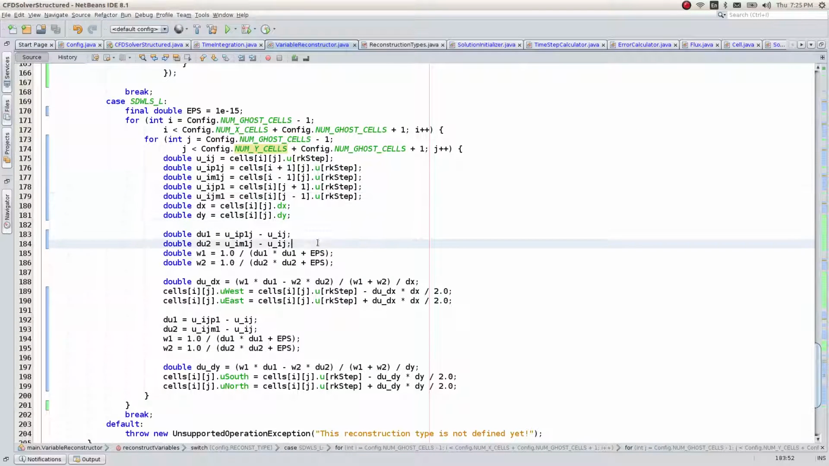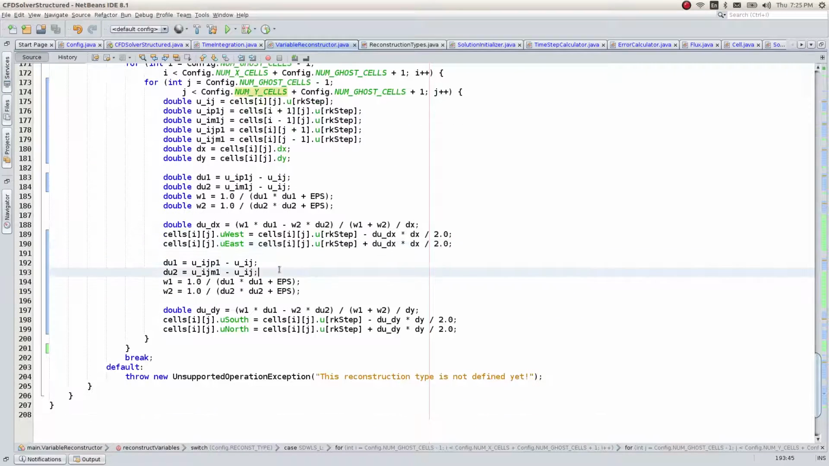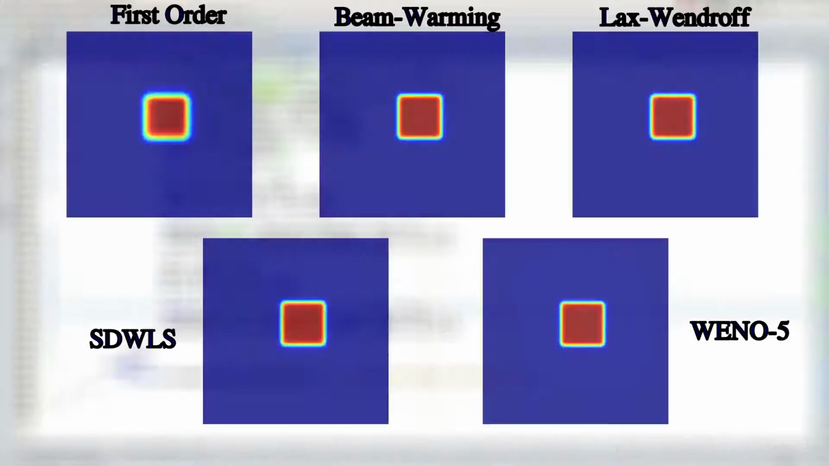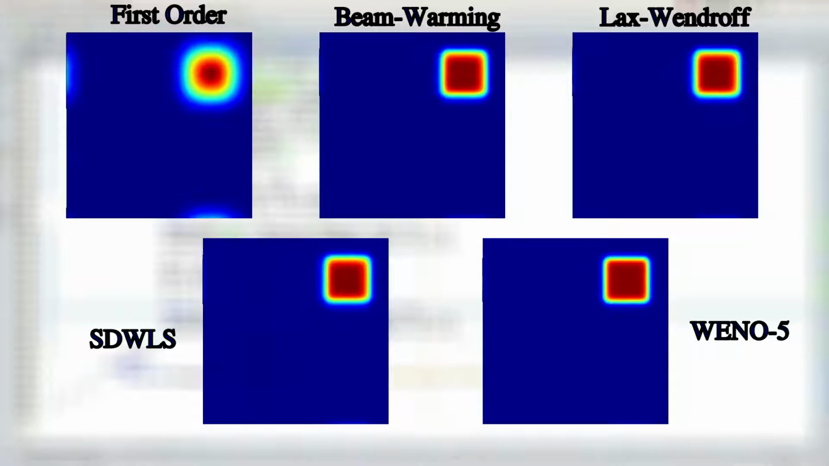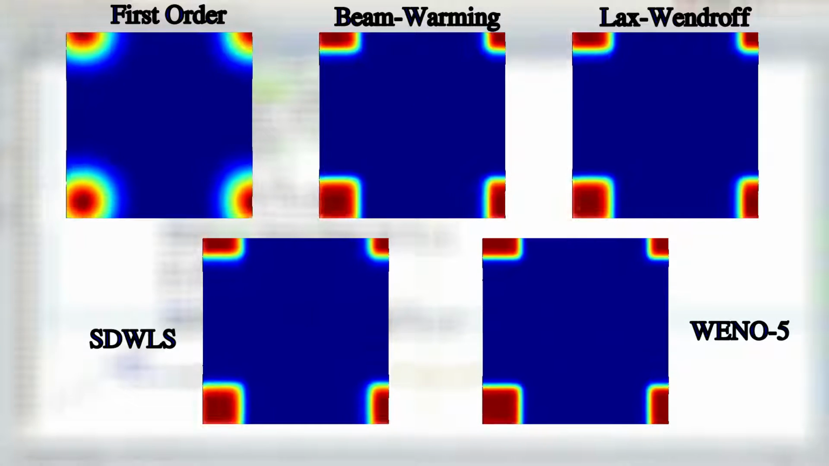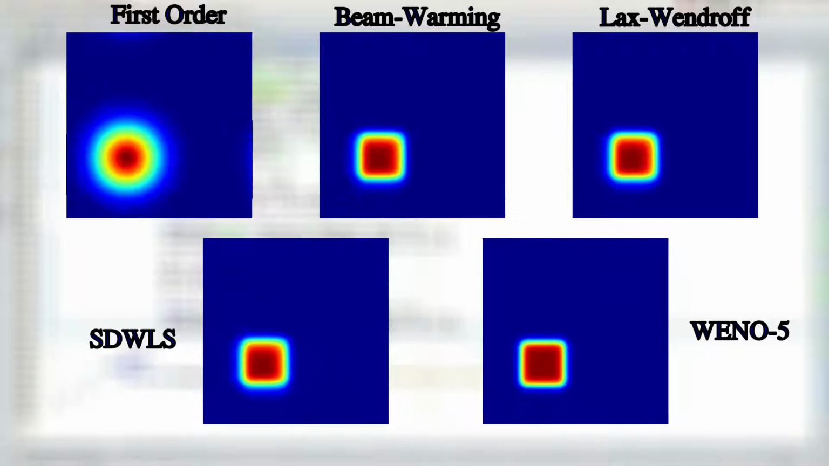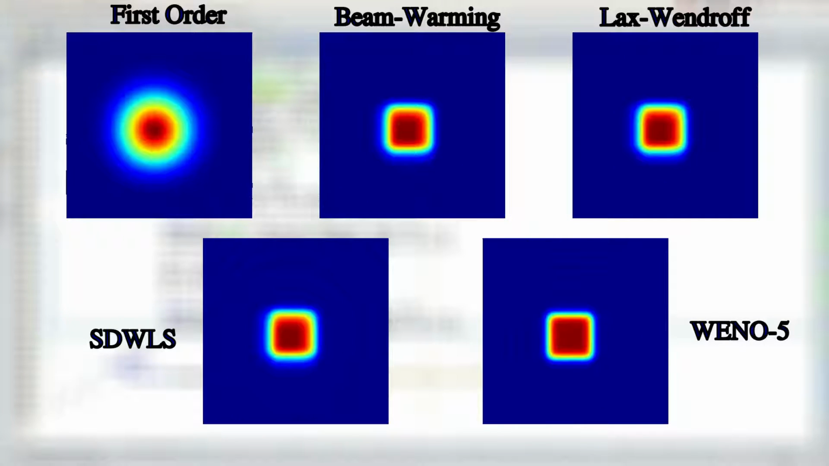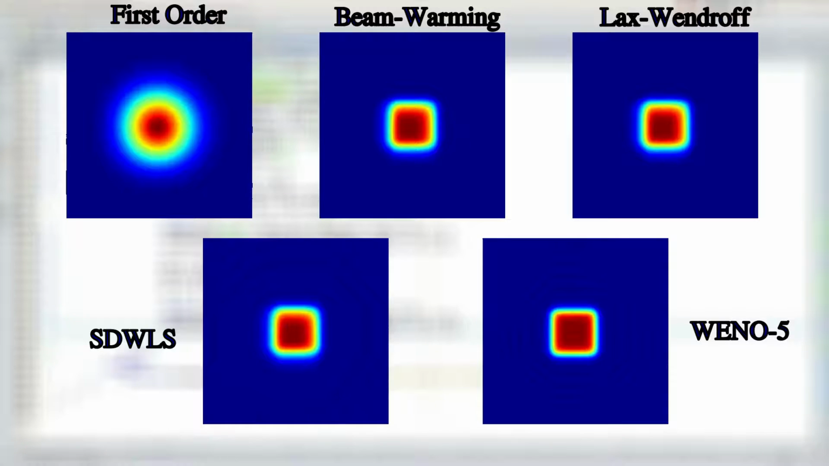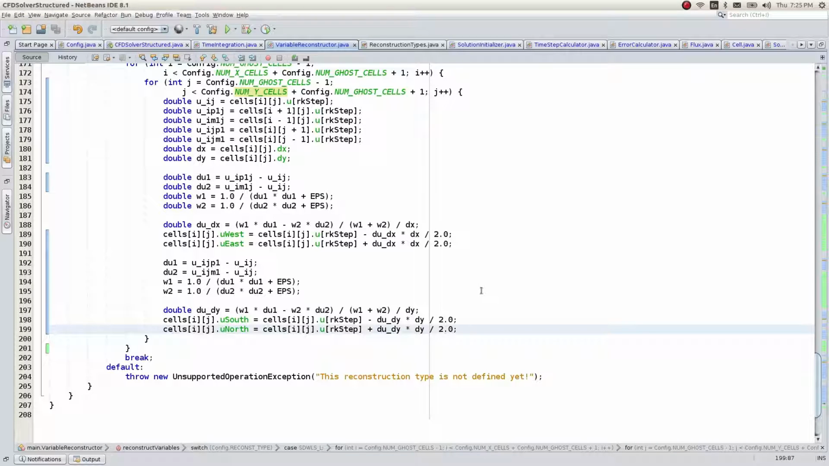Now let's have a look at the results that we have obtained. We can see that the first order method gives the most diffused solutions, followed by the second order methods, and the fifth order WENO is the least diffusive method. However, even though we can visually see that the WENO is more accurate or the higher order methods are more accurate, to be sure that nothing is wrong in our code, we have to carry out an order of accuracy